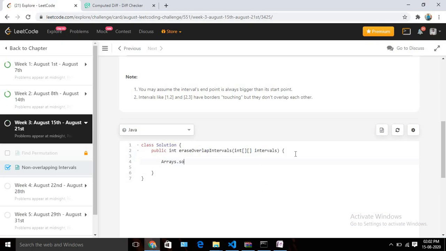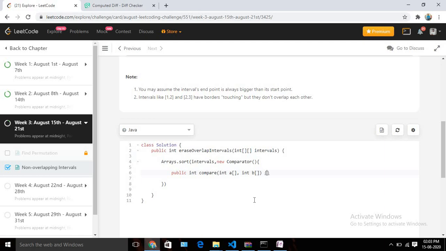So we can use the built-in Java method Arrays.sort, and since we are sorting an array of non-primitive type, we need to define our own comparator. So let's define that quickly. We need to override the existing compare method. The return type should be int, and we are overriding the compare method, and in this case we are passing two arrays. We are comparing between two arrays, so let us name them a and b, int[] a and int[] b.